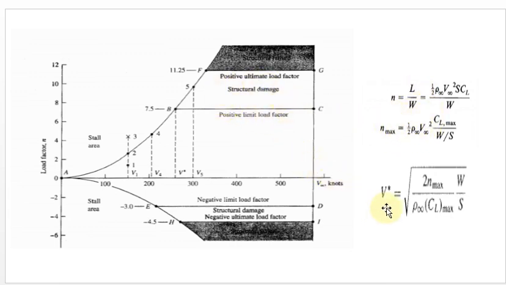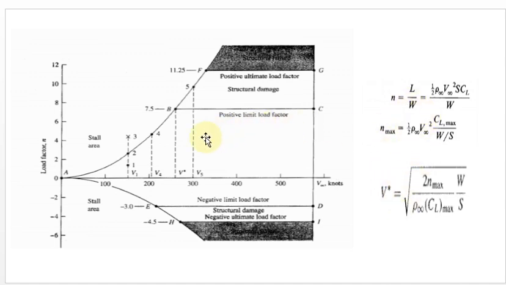Then similarly there is one more equation, V star. You can find this particular point V star, see here in this graph, for the corresponding point B. So for point B we get this equation. We will discuss later what the purpose of V star is and why we should bother about the value of V star. We will discuss it one by one. So this is the equation involved for this particular graph.